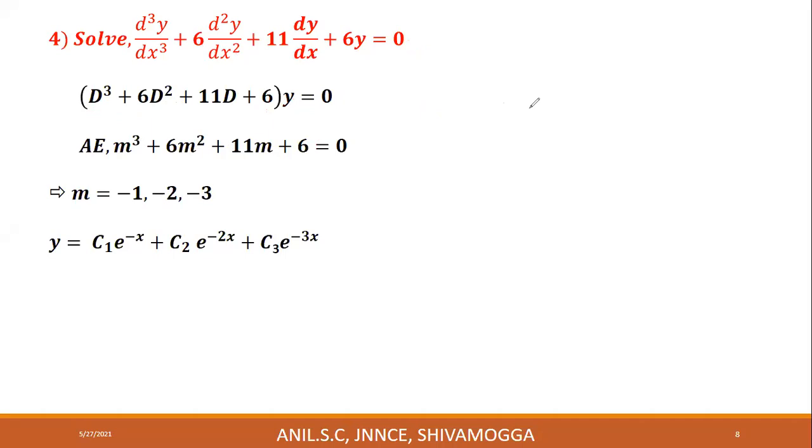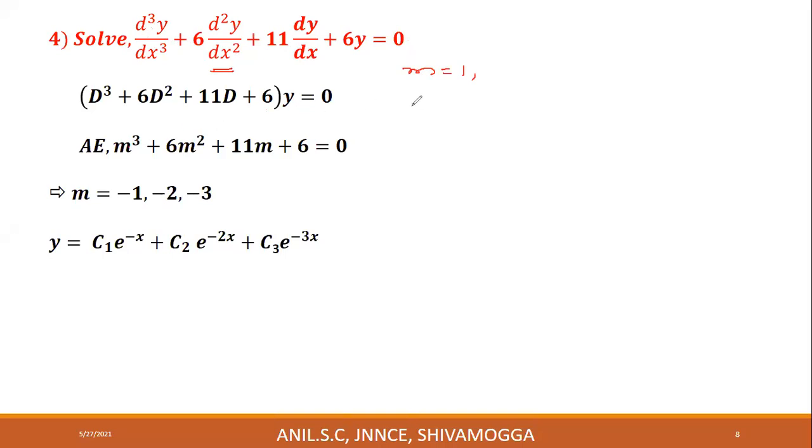This is a cubic equation. Therefore, we have to find 3 roots of this equation. As it is, we cannot factorize this. Therefore, we go for the synthetic division method. First, by inspection, we shall find a root. Start with m is equal to 1. If we get 0 is equal to 0, then conclude that m is equal to 1 is a root. Let's check. m is equal to 1.